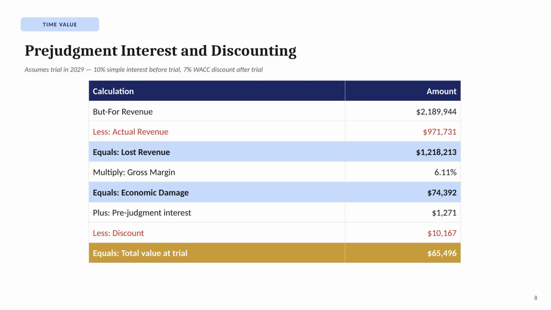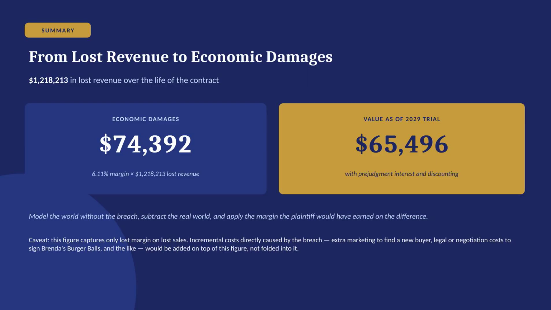As indicated on the slide, the economic damage of $74,392 plus prejudgment interest of $1,271, less discount on future amounts of $10,167, results in a total value of the economic damage at trial of $65,496. Putting it all together, Bill's Beef lost